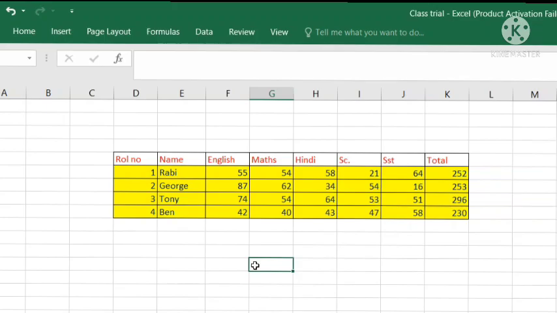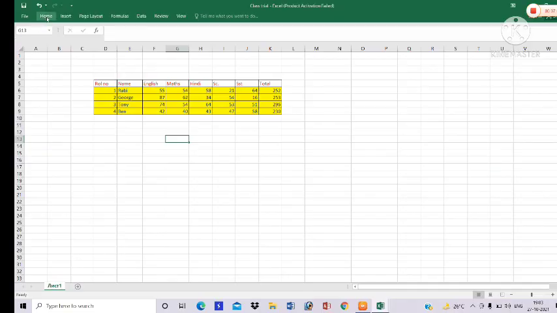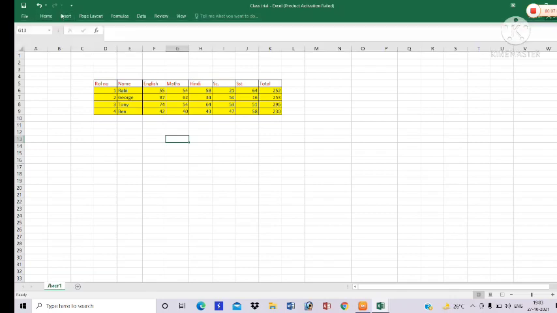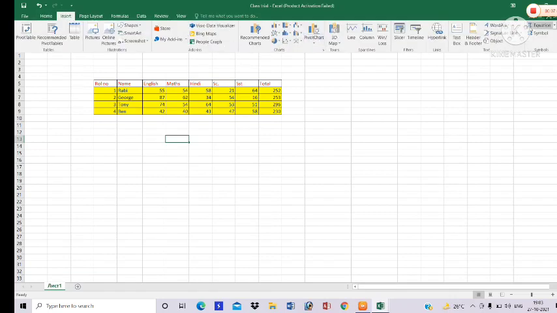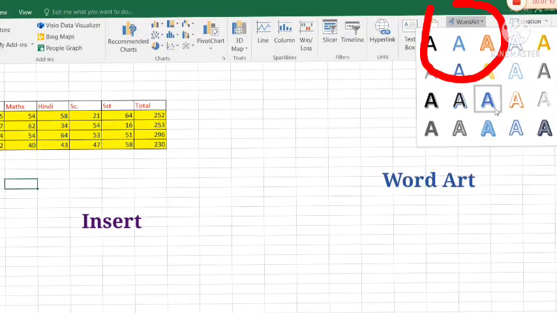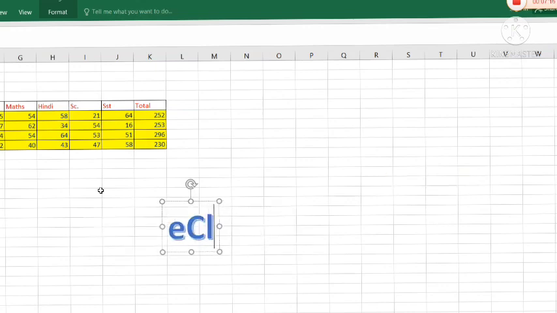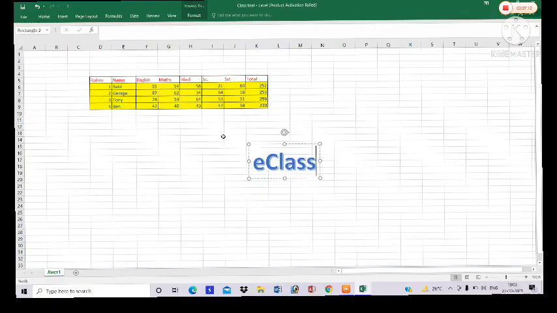Now suppose I need to give a heading, because in roll numbers there will be tables, in the marks report cards there will be the school name. So go to Insert, to the right side you will see WordArt, click there, take any one of the designs, and here write down the school name. Whichever school you are dealing with, you may give that school name.